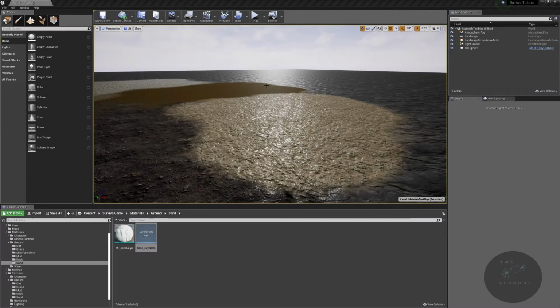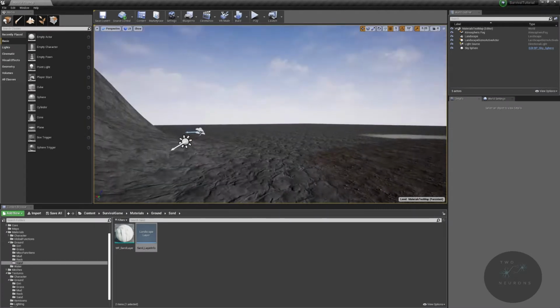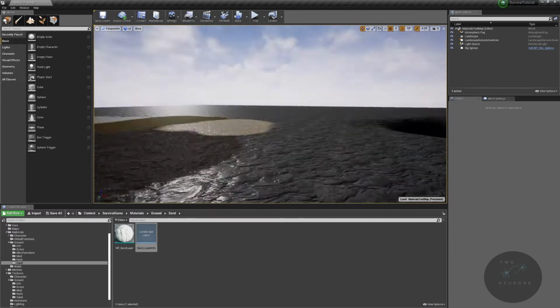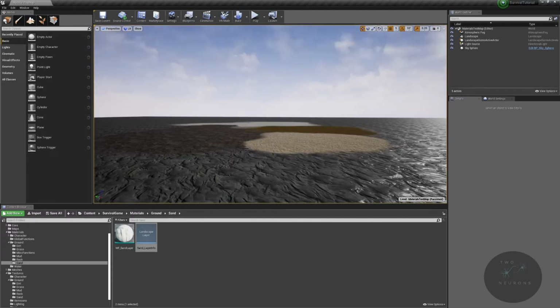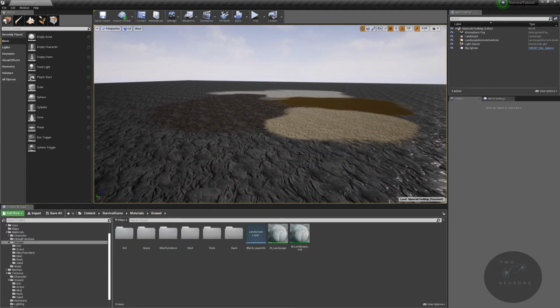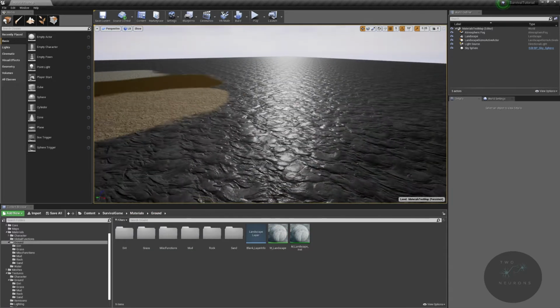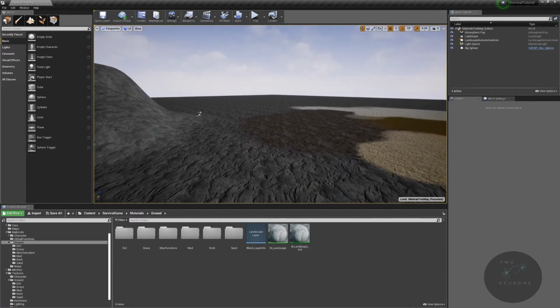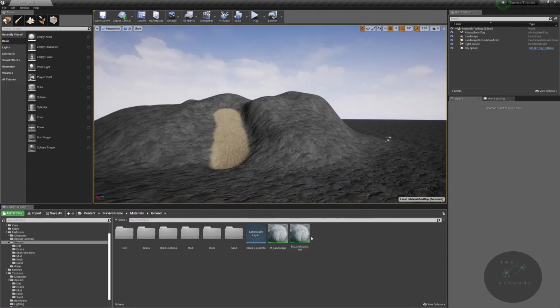Alright, welcome back to the editor, everyone. And if you're not in your landscape materials test map, go over to it, and hopefully you'll have a setup similar to what I have, and everything is working fine. What we're going to do today is actually take care of the tiling a bit. We're going to do more with it in the next couple of videos, but for now, let's open up our